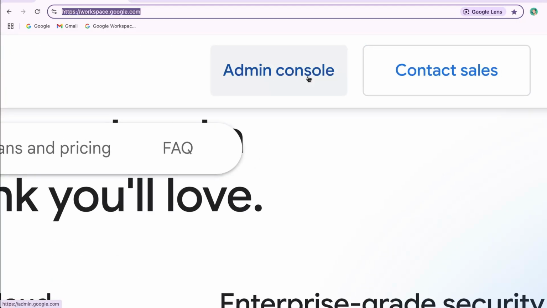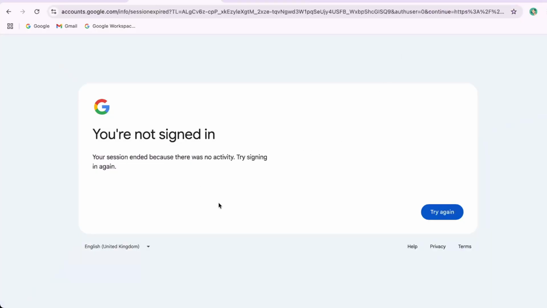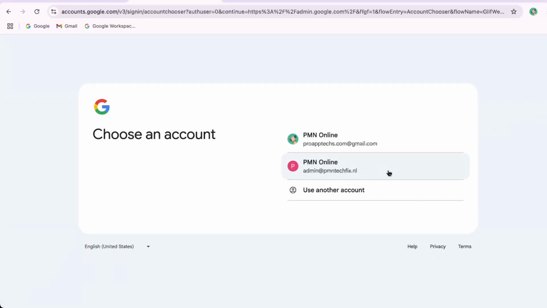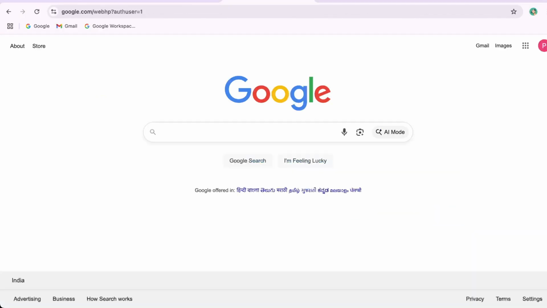Next, enter your business email to log in. It's important to use your business email address linked to your Google Workspace account to ensure you have the right permissions to proceed. After successfully logging in, move your pointer to the top right corner of the screen and look